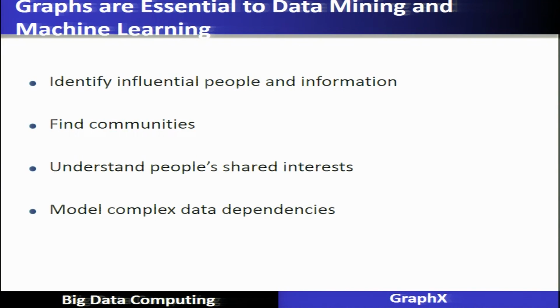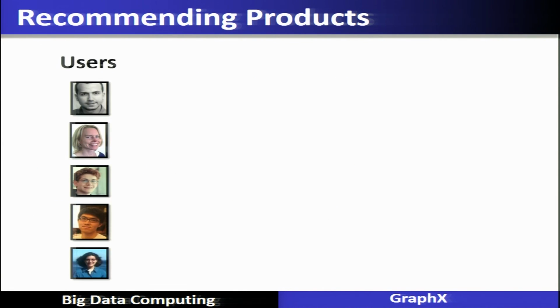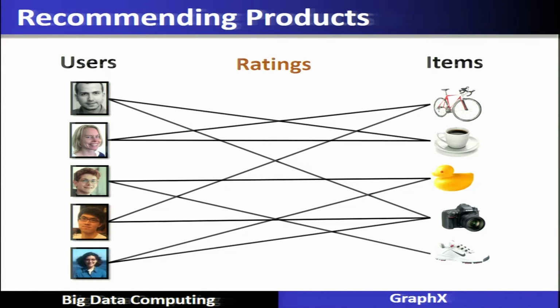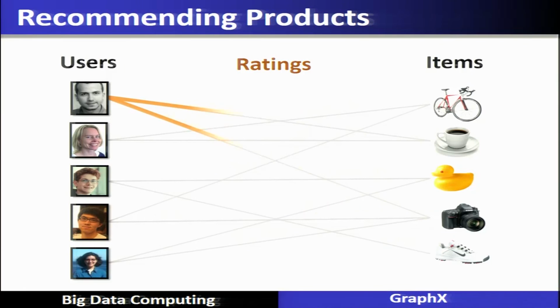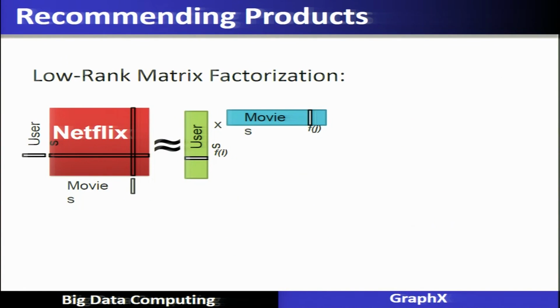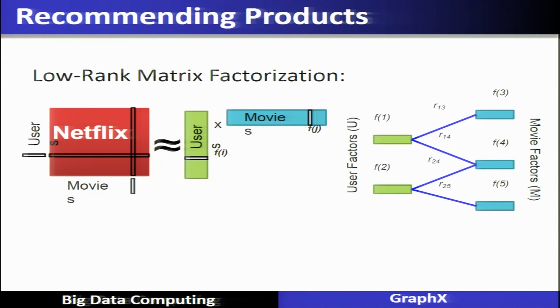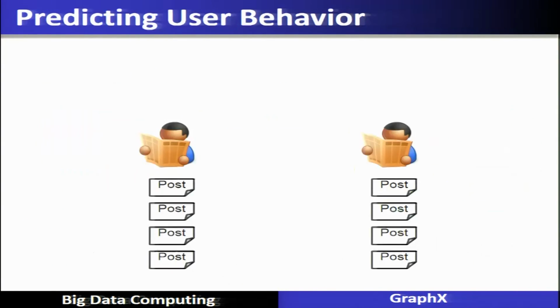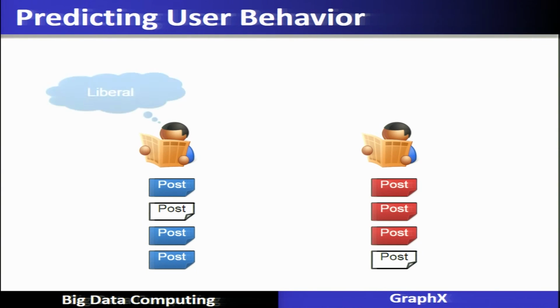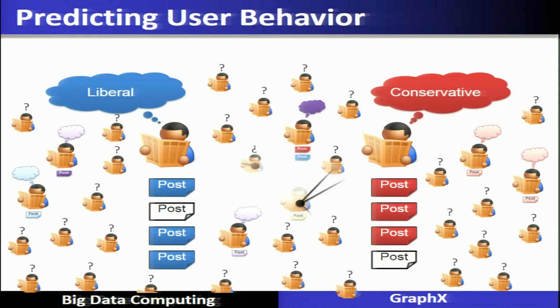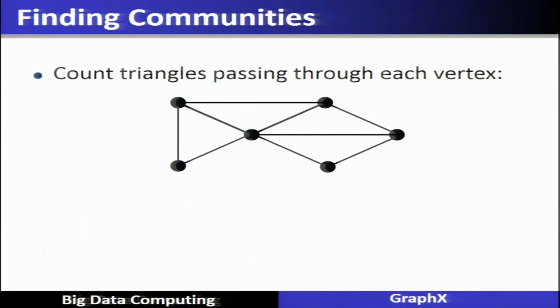Graphs are essential to data mining and machine learning. They help identify influential people, find communities, understand people's shared interests, and model complex data dependencies. Graphs can be modeled as a bipartite graph for recommending products that we have seen. It is also used for recommending products or movies using recommendation engines. For example, in the movie case, the graph can also be used. Similarly, to predict user behavior, we can model the problem as a graph and do the analysis,